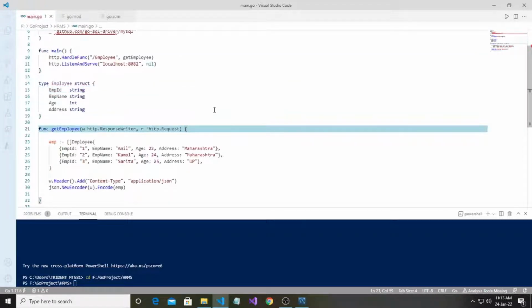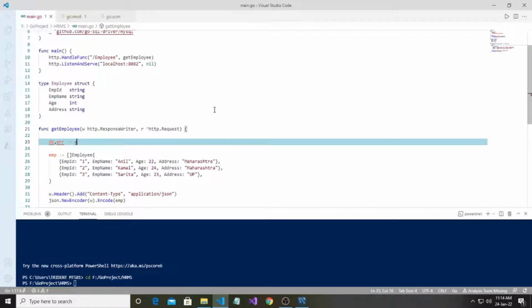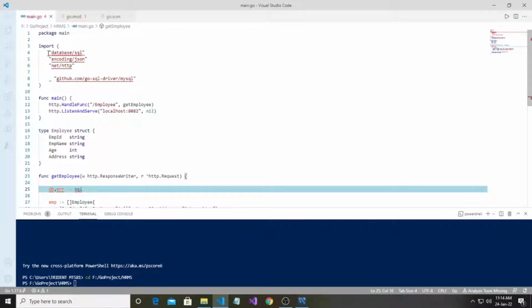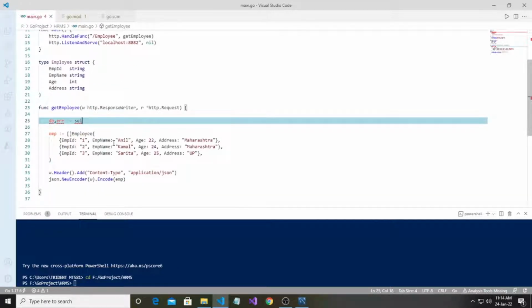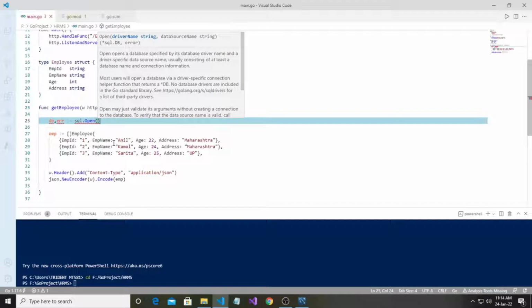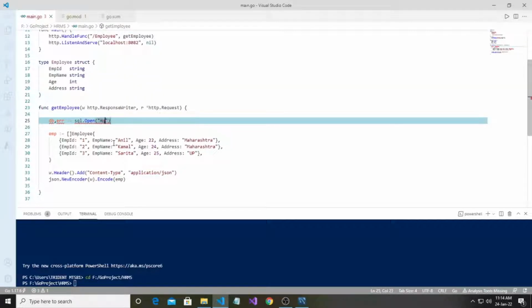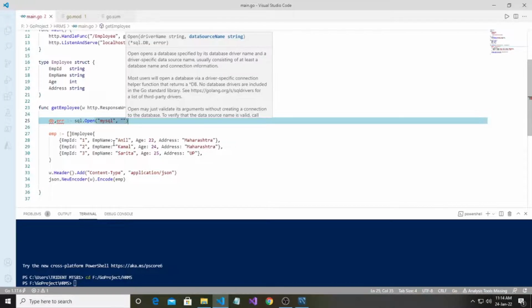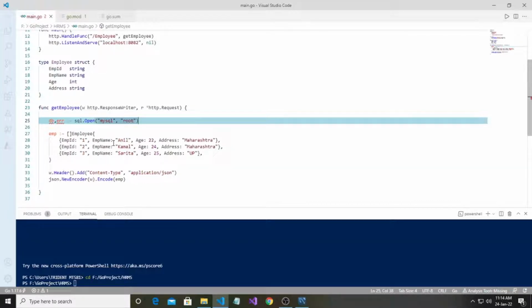And we need to define the DB instance. So db, err shorthand equals sql.Open. Press enter, and once we press enter, the database/sql library is imported automatically. This Open method has two parameters, the driver name and the data source name. We'll give the driver name, in the case of MySQL it is mysql, and the data source. In my case the data source is root, and the password is